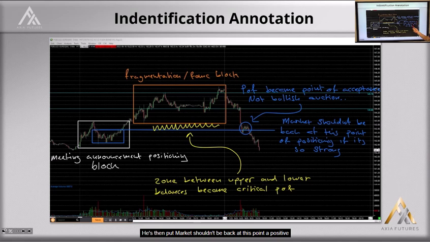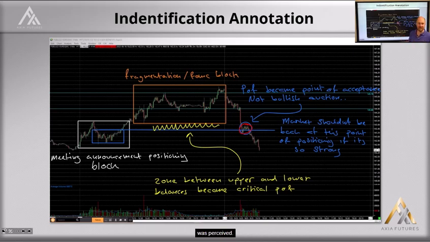And you then put market shouldn't be back at this point of positioning if it's so strong. That's a really powerful concept, saying a market shouldn't do this. It's not to say the market's wrong. What it's saying is, if this is a strong market, coming back here negates that strength. It tells you that actually it's not very strong. So this is an identification point: when you get back here, if this doesn't bounce away, any